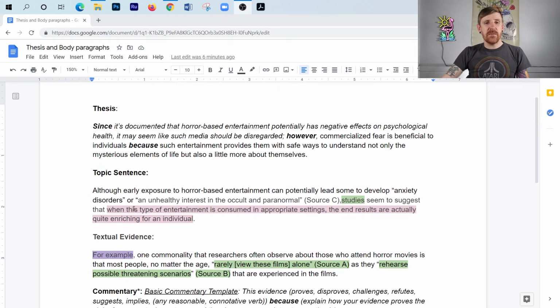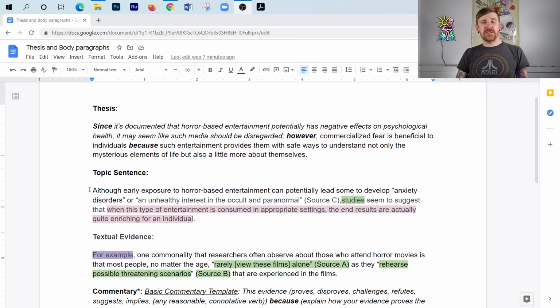You will notice, though, that my topic sentence starts with the word although, so it does admit that I'm going to start with some sort of a concession or a counter argument. So that does fit in the scheme of my thesis, but I want you to just think right now, okay, when I think about body paragraphing, let's focus on that. But notice here, I start with an although, and my although is actually going to clarify the negative psychological effects here.